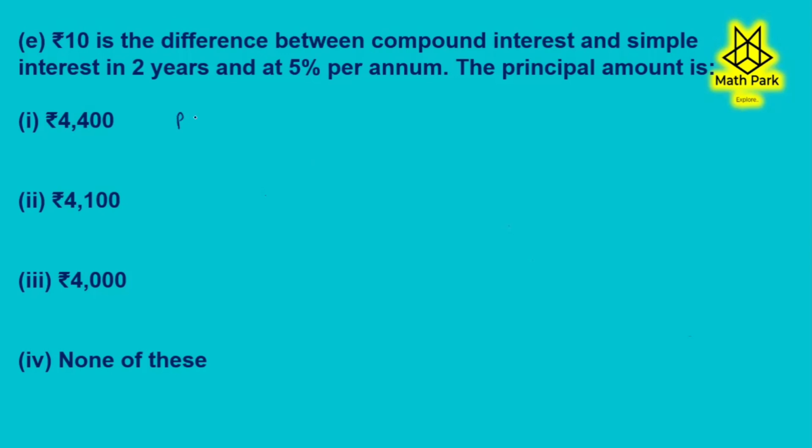amount minus principal. So P in bracket 1 plus R upon 100 raised to N, minus principal. And simple interest is P into rate into time, PRT by 100. Let us put the values. P is what we have to find out. So P in bracket 1 plus R, which was 5%, upon 100 raised to 2, minus P